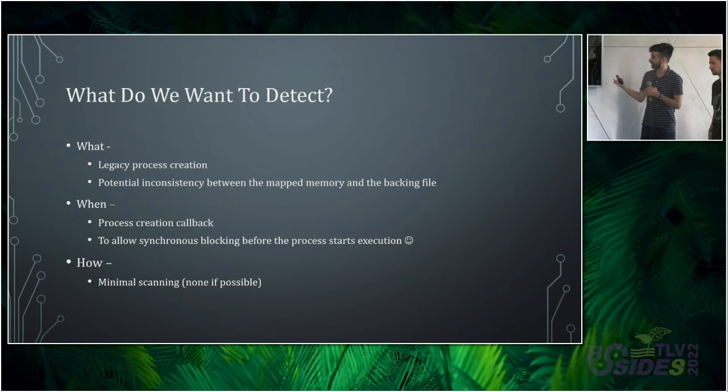The second thing that we want to understand is whether this time of check, time of use was abused, meaning that someone has actually done something weird to that file from which the process was created. Because it's not enough to have just legacy APIs, you actually want to find an attack. And when do we want to see this? We want to see this